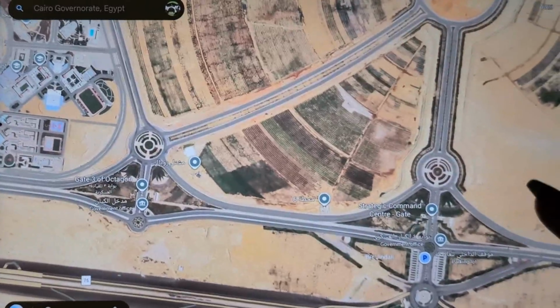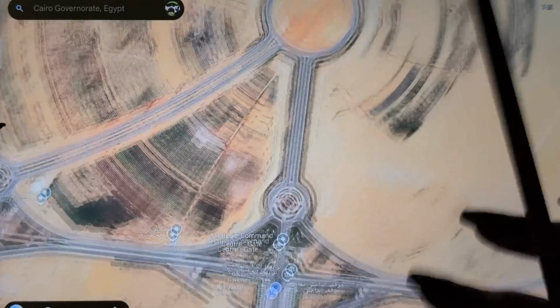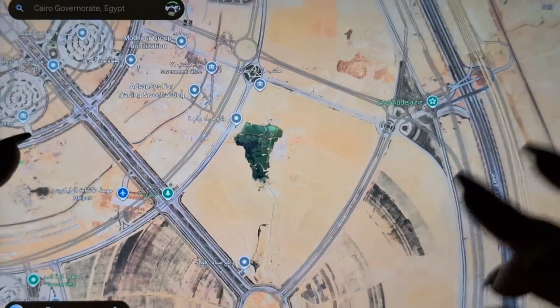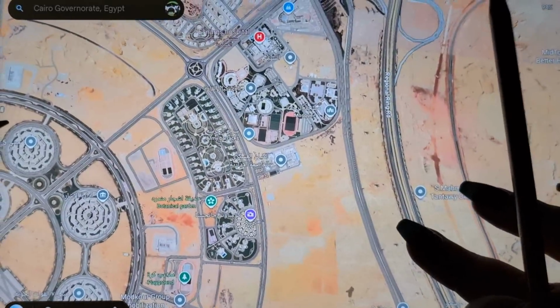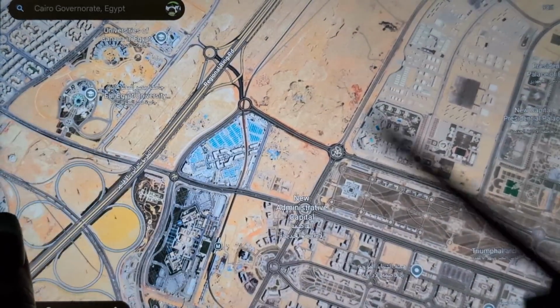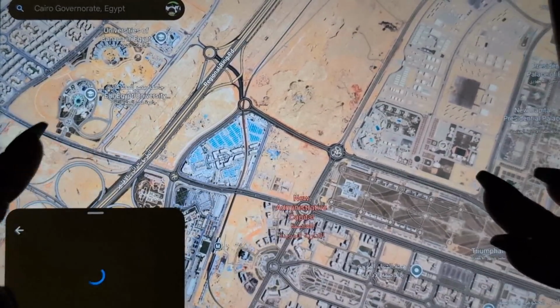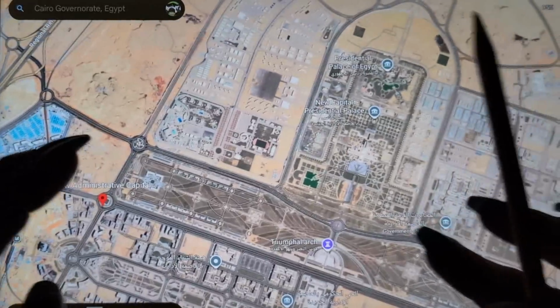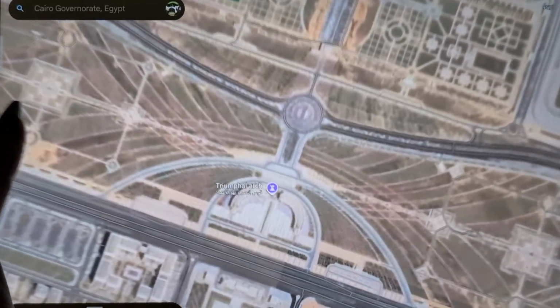Of course, now I can't find any of the things. Like something's being built here. This big roundabout. They're working on it. Okay, here you can see the New Administrative Capital. The worst name, but look at all of this.